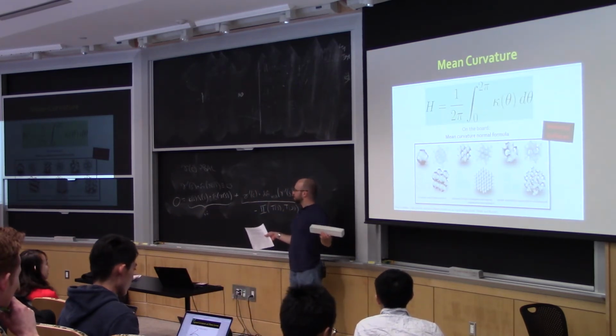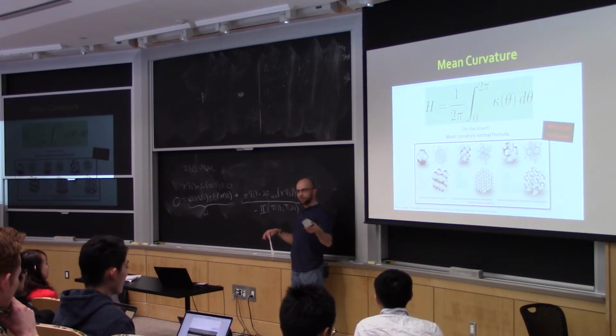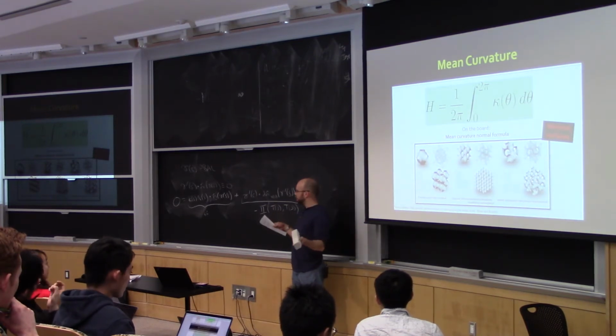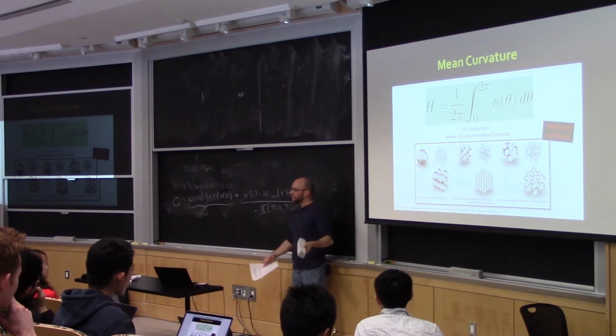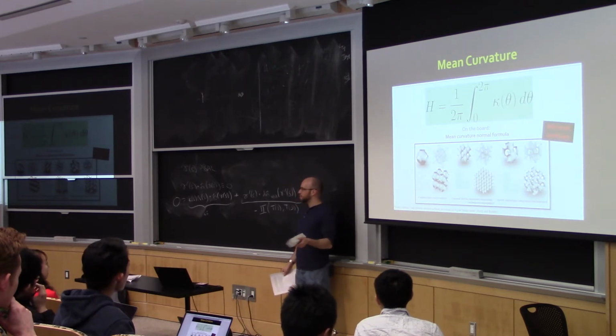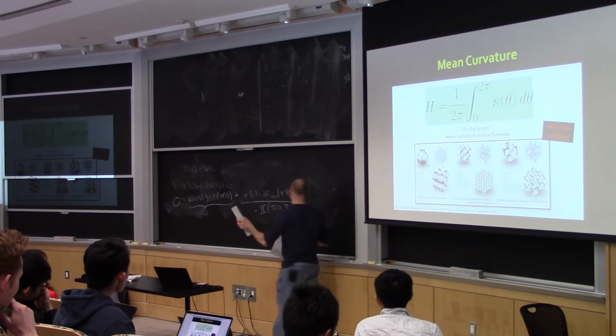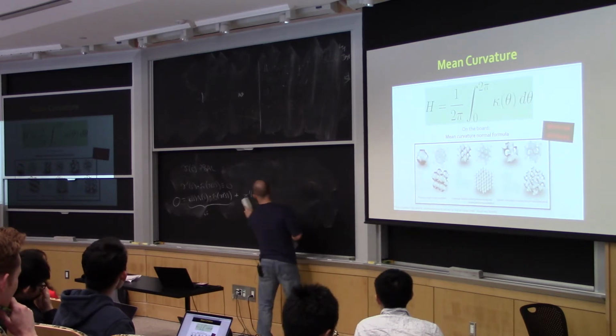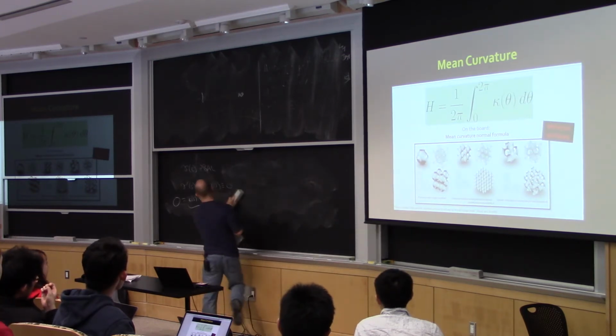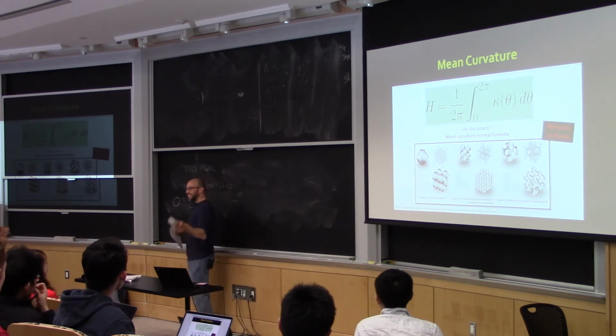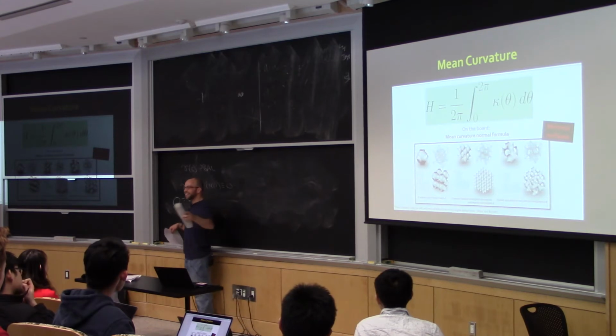This is probably not surprising to you guys at all, but I spent a lot of time reading through other people's geometry pedagogy, because that's the thing that I have to teach a lot. And almost everybody waves their hands at this particular formula, and I kind of thought, well, that's cheating. Let's just do it. It's not so bad. And that's this interpretation of mean curvature in terms of the first variation formula, which conveniently, you guys all just took a first variation on your homework, so you're all experts now.